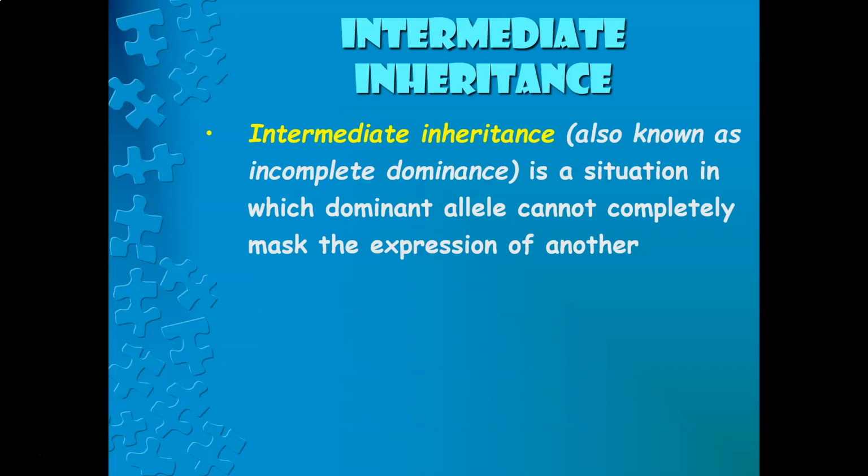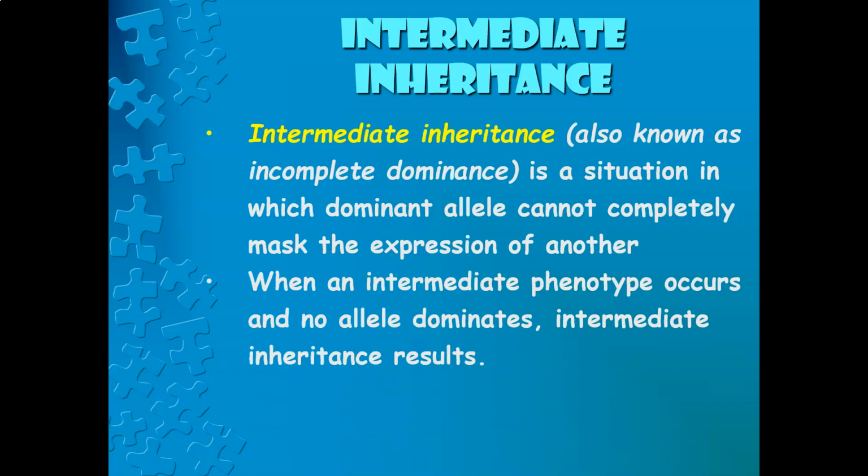So when I look at a heterozygote individual and you observe the phenotype that gets produced, that quote-unquote dominant allele maybe is only able to mask the recessive one, say 50%. And so as a result, you end up with an intermediate